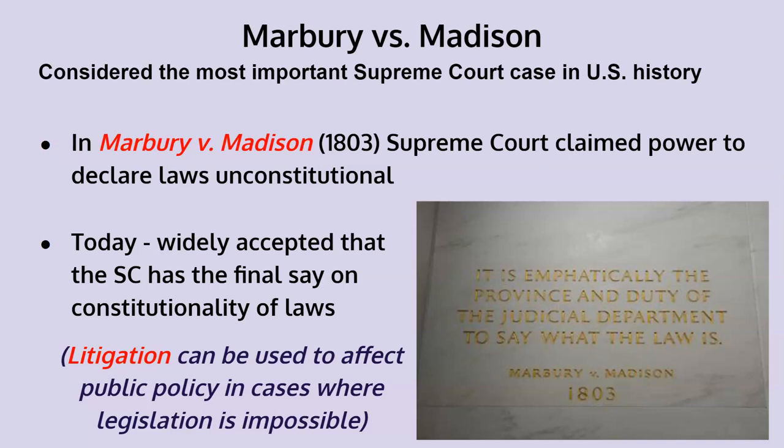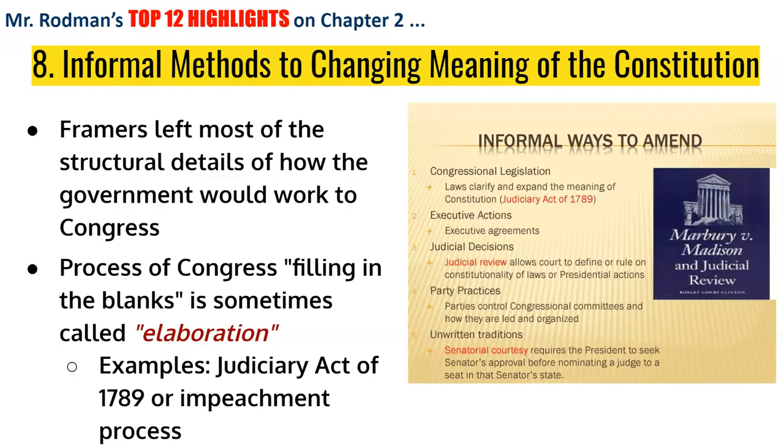Now, we see litigation playing a significant role in the courts today in terms of interpreting the constitutionality, or more importantly, the unconstitutionality of laws, presidential acts, orders, and other actions of the government. So litigation is probably one of the best ways that we see, especially on the civil rights and civil liberties front, to really get the courts to take action on whether something is constitutional or not. And it is a widely accepted precedent that the Supreme Court determines that constitutionality today. And it's because of Marbury versus Madison that we saw that play out.